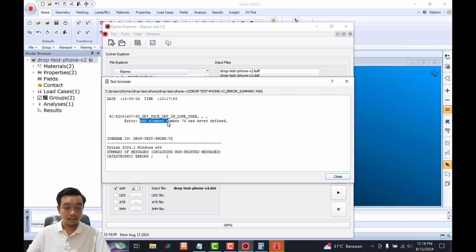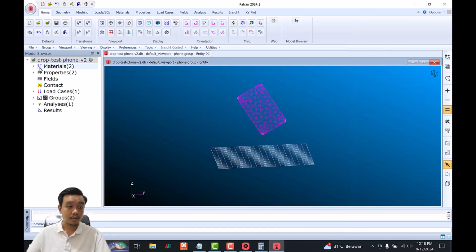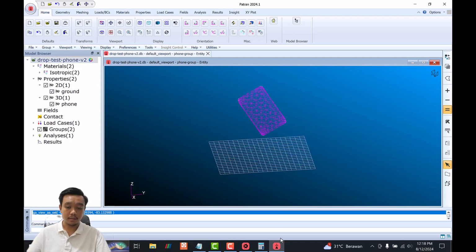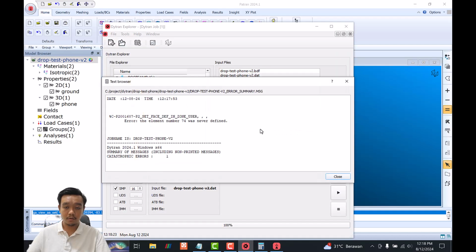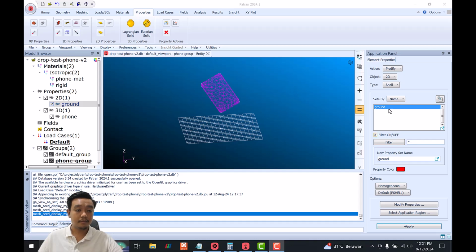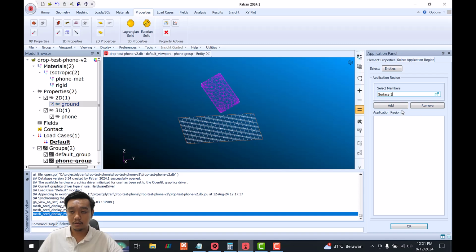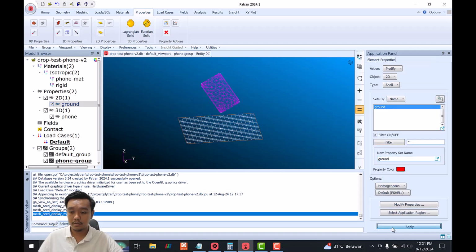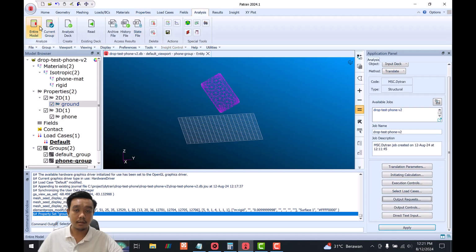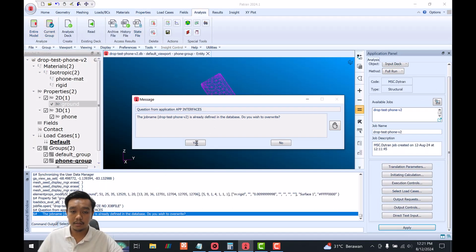Oh, the element number 945. Let's check which one it means by the element 74. Set face. Let me pause this. Oh yeah, I think I understand the problem. Because of these 3D properties, we forgot to define the region, so the warning is the undefined region. Yeah, just apply it once more,